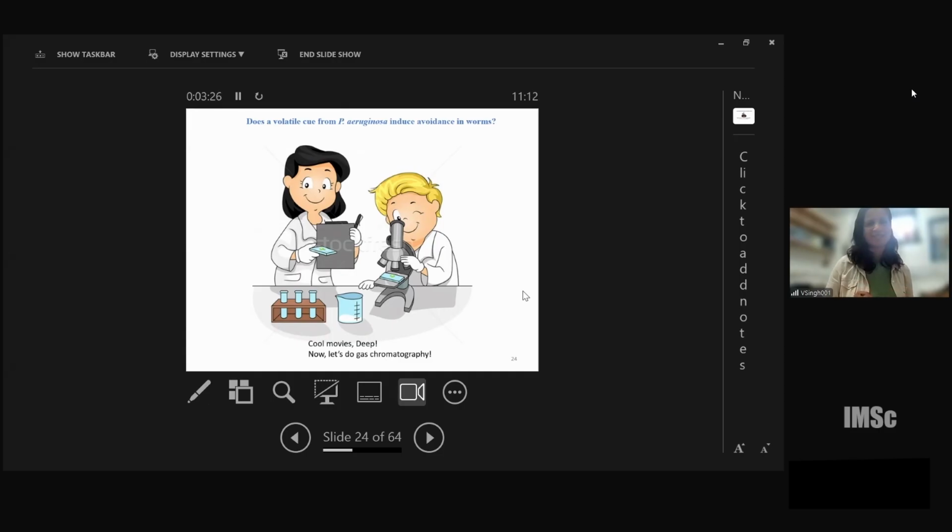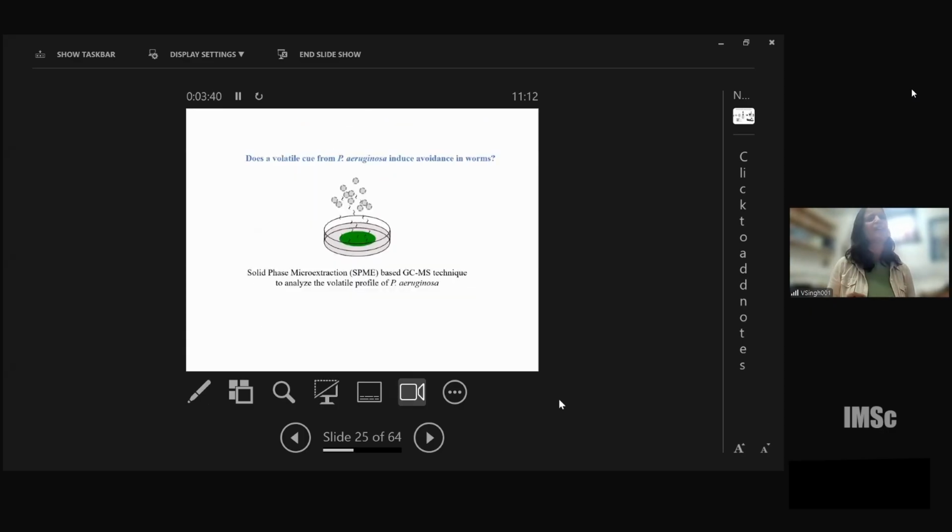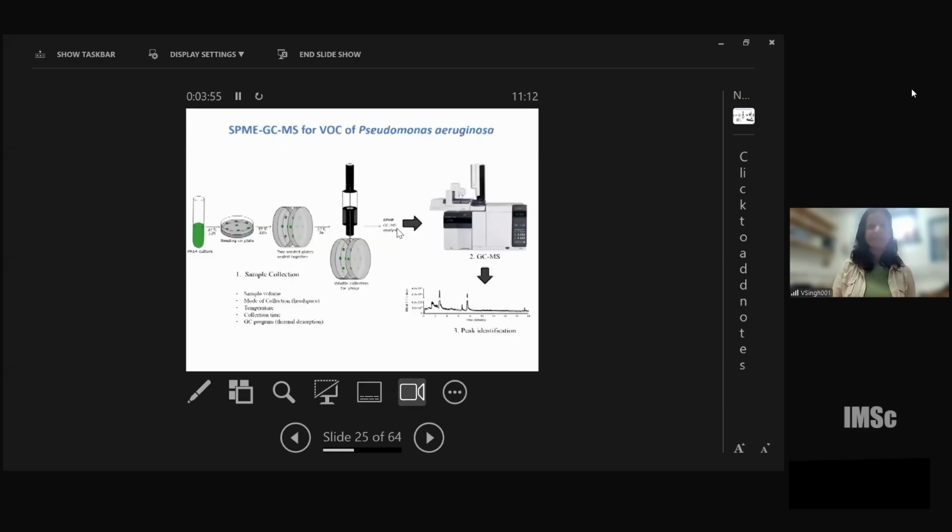And then he says, okay, this is the time where our lab has to move into understanding odors or volatile organic compounds. And then we decided to do what is called gas chromatography. And this is a method which allows you to take very small amount of odors from very little samples, for example, a few million bacteria, and then say what is it that they're making. And this takes advantage of